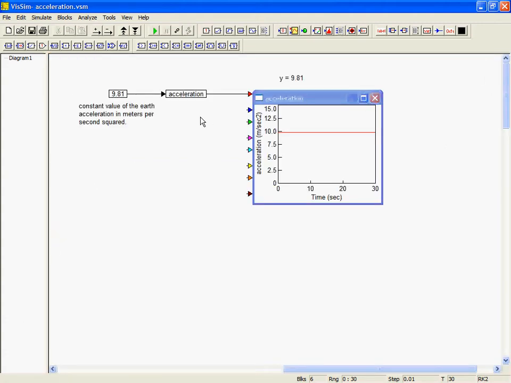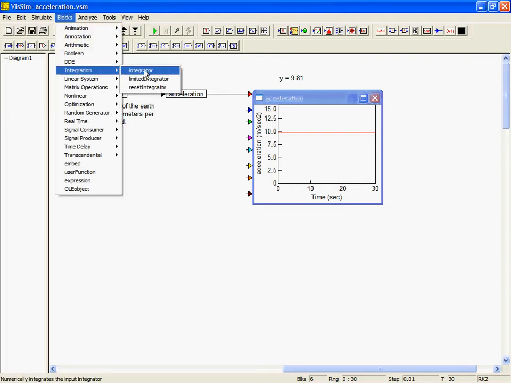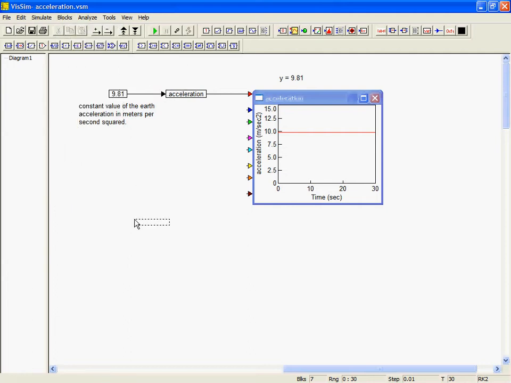We can do it with blocks, integration, and choose the integrator. The integrator is a 1 over s block, and you just connect it here to the acceleration. So what it actually does, it starts to integrate the acceleration, calculates the area under this line starting from 0 to 30, and then of course the speed will increase. And I can choose a variable here and I say this is my speed,